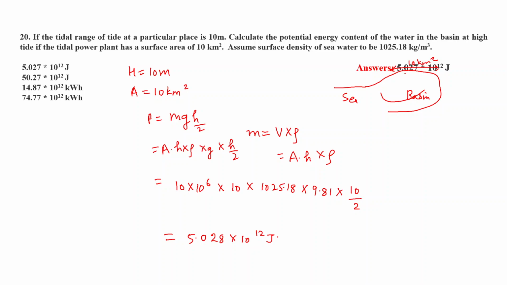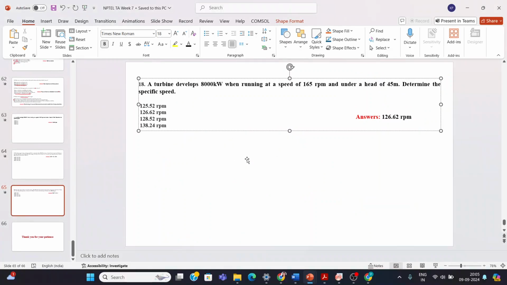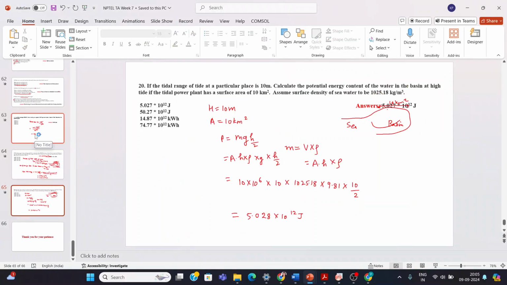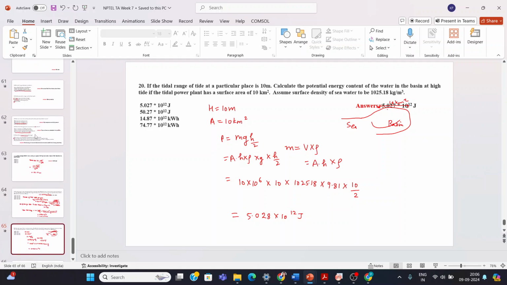Is this clear? Yes, ma'am. So this is the last question for today's class. Is it clear? If you have any other question you want to see,